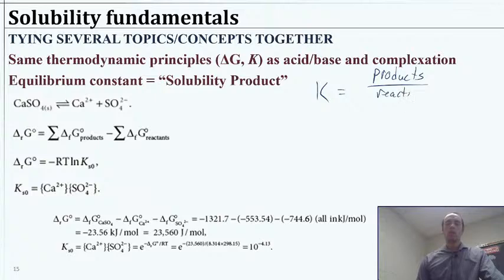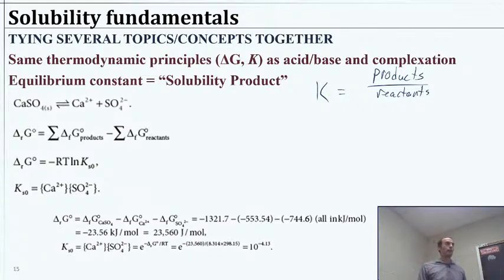And of course, we are taking the product of their activities and all that. But essentially, if we always set up our reactant as the solid, that goes to 1 because it's a pure substance. So we're going to take any solid or pure liquid to 1 when we're talking about the activity. The reason for that is if we have a solid and we still have the solid in solution when we're at equilibrium, then